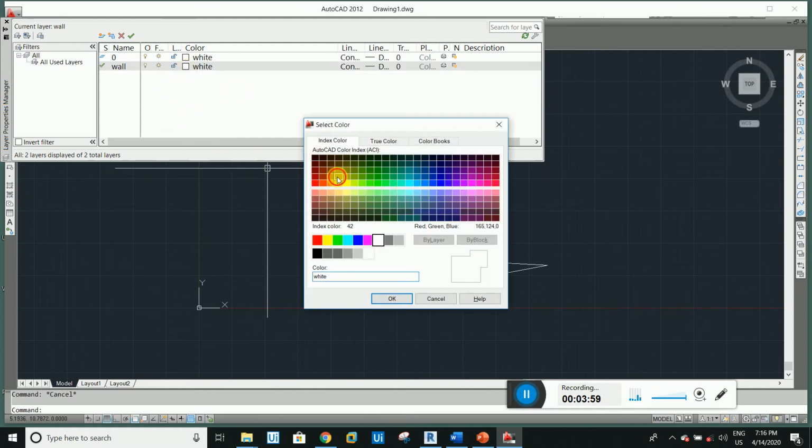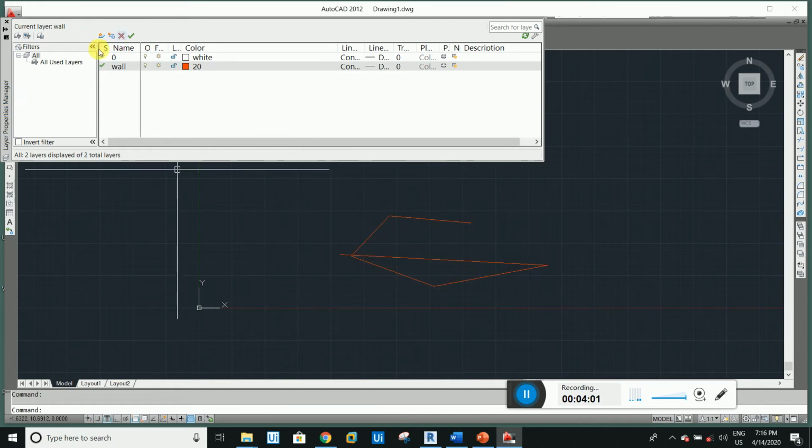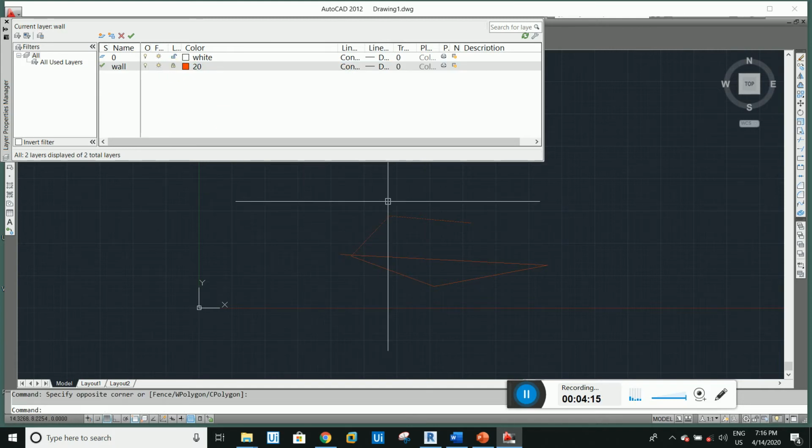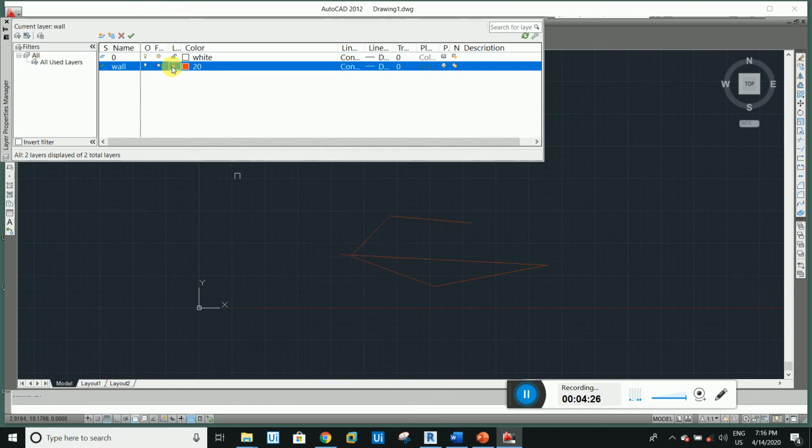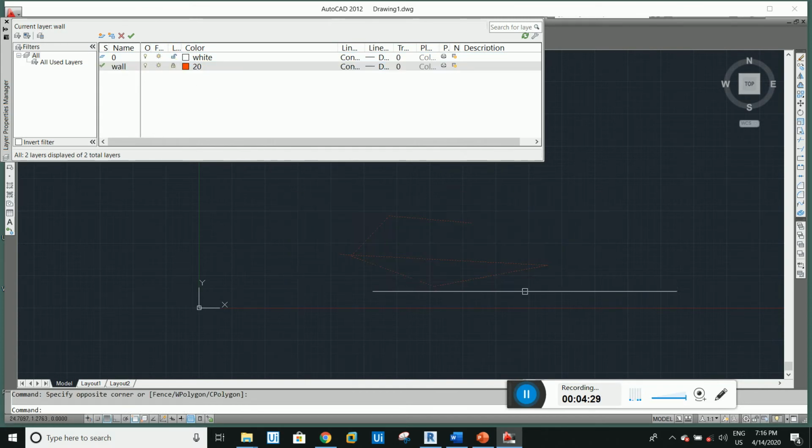You can change the color of the layer, like red or something. Now when you create an object, it automatically gets the color of the layer. And there is a lock for the layer. If you lock the layer, you cannot do anything with it. Like if you want to move this object, you are not able to move it because this layer is locked. If you unlock it, then the line is visible. As you notice guys, when you lock the layer, the color is dim here, so you know that this layer is locked, or if you hover the mouse here, you will see that this layer is locked.